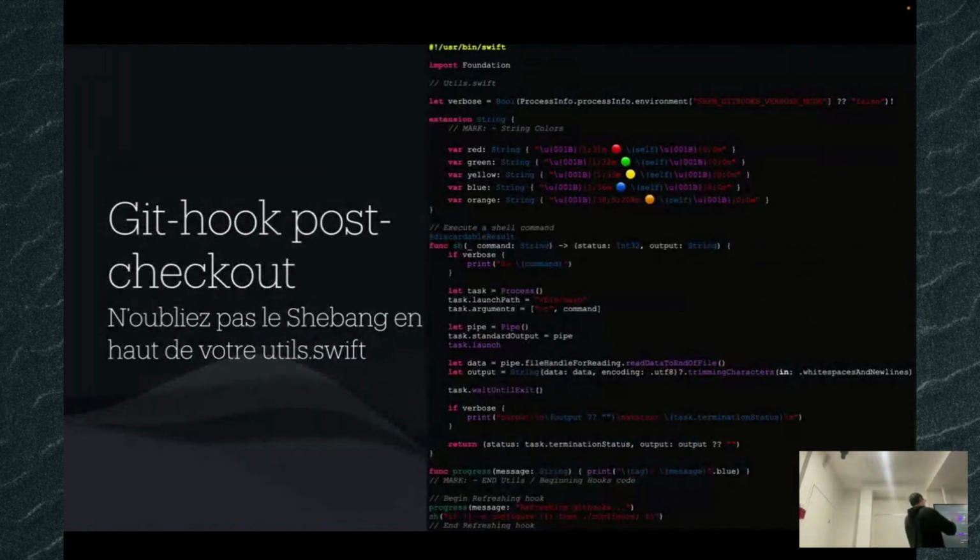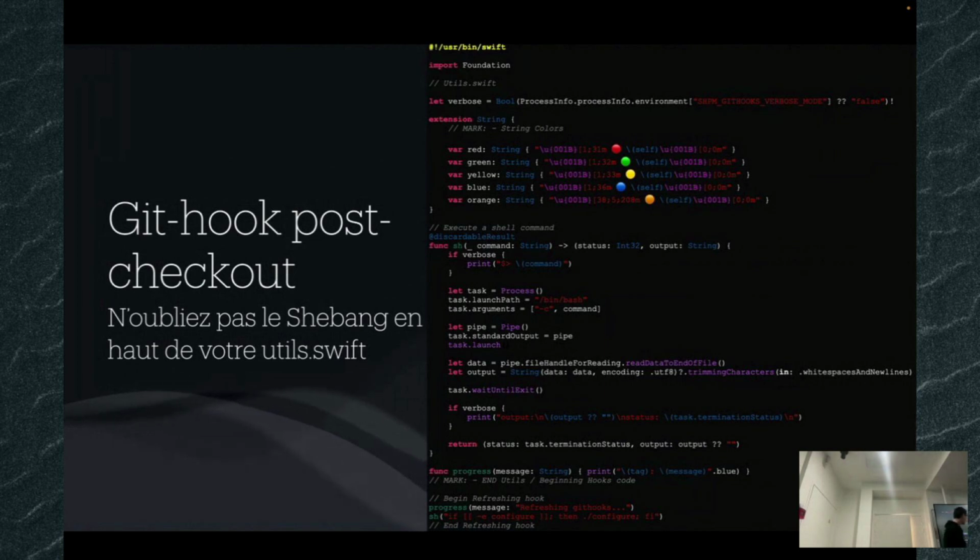So at the end, for example, the real post checkout, this is my util. This is, for example, the part of what is on Git, so the small post checkout script, and it looks like this, for example.